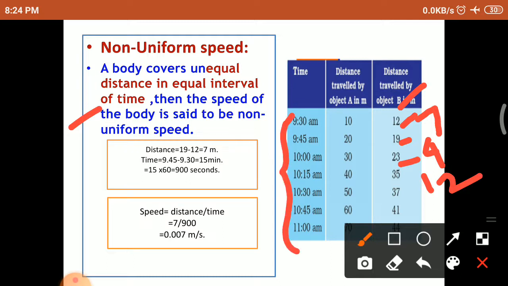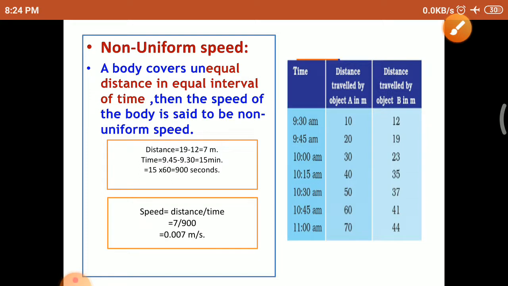So when the body covers unequal distance in equal interval of time, how am I saying that equal interval? 9:30 to 9:45, 15 minutes. 9:45 to 10, 15 minutes. So equal interval of time. Then if you calculate the speed of the body, that speed is non-uniform speed. Listen to this